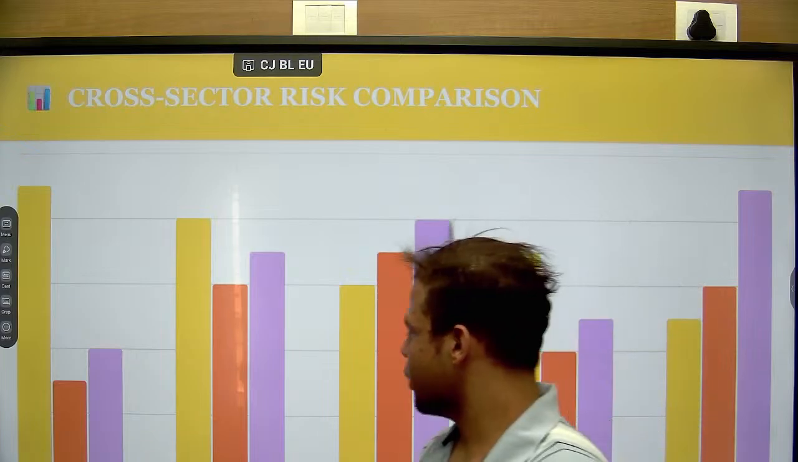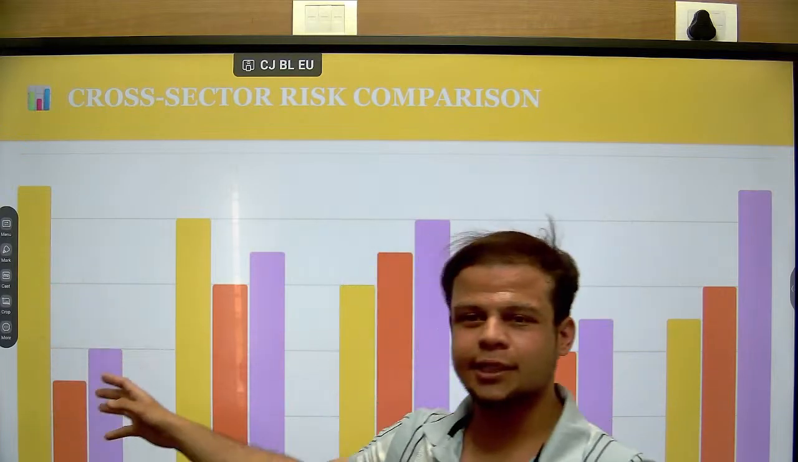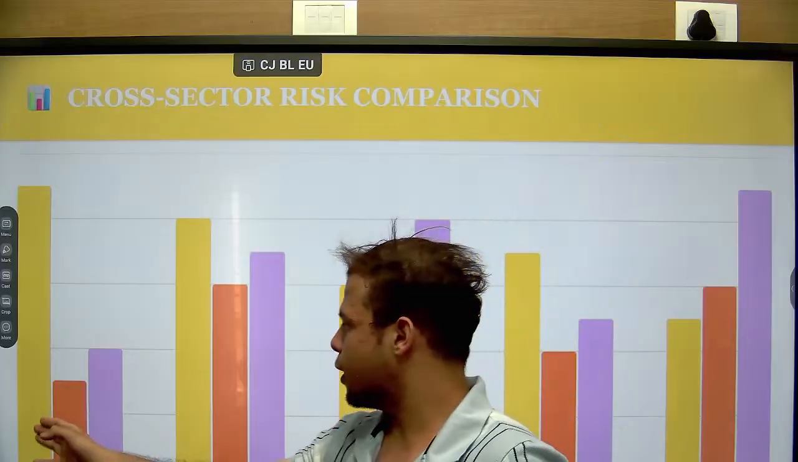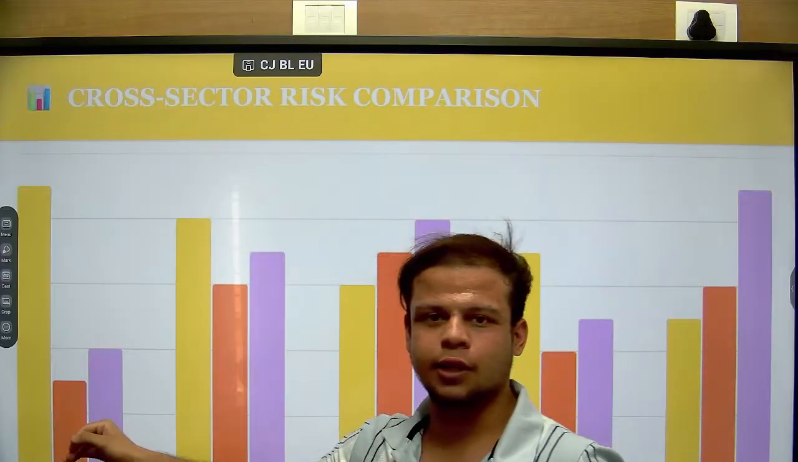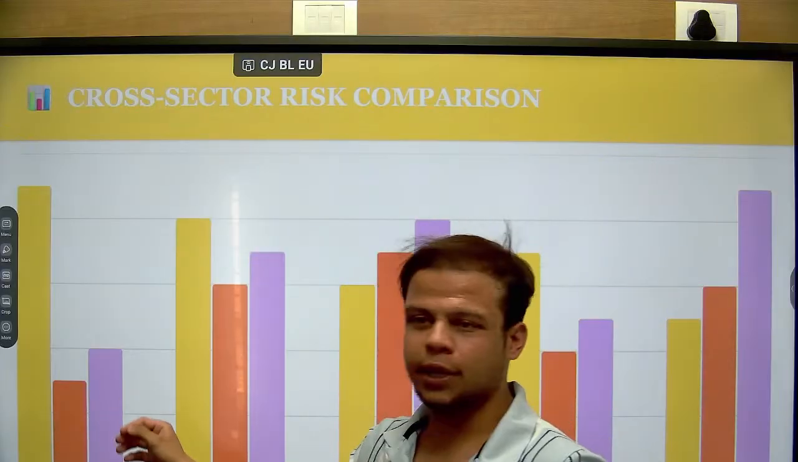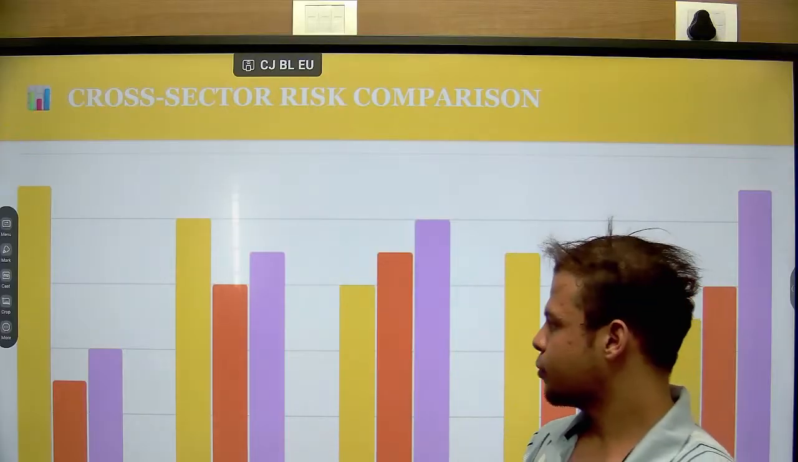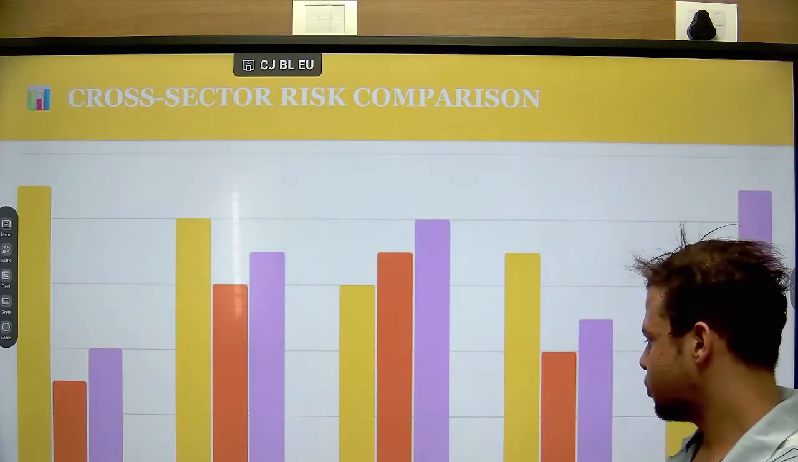So here, yellow is about banking, orange is on the FMCG sector, and purple is on automotive. So these are some of the